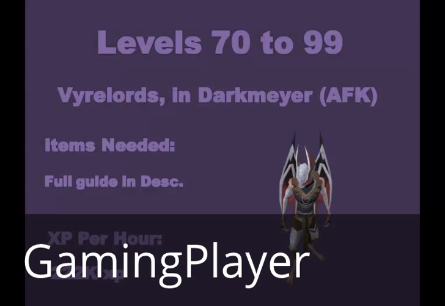From level 70 to 99, this is my favorite method for strictly training magic. You need to complete the quest The Branches of Darkmere, which has fairly high requirements, but because of how good this training spot is, I would recommend just knocking those requirements out and completing the quest if you are serious about training your mage. Just be aware that I do have a full guide on how to kill Virelords down